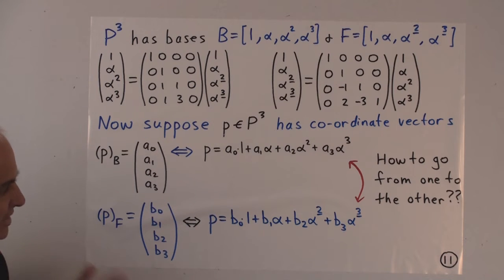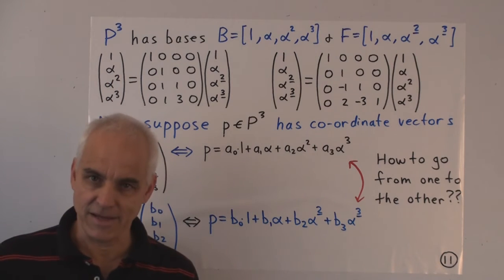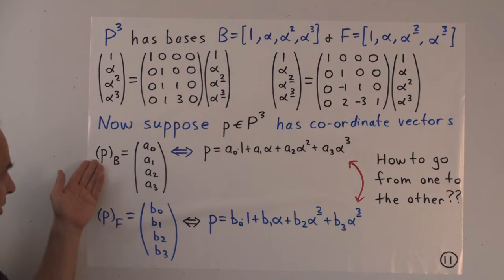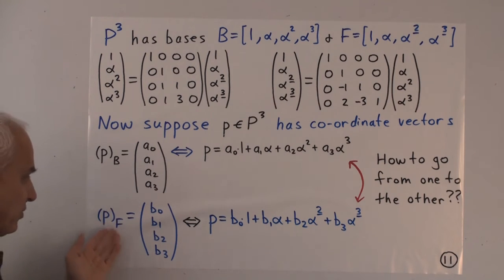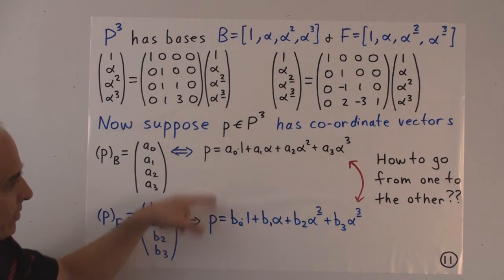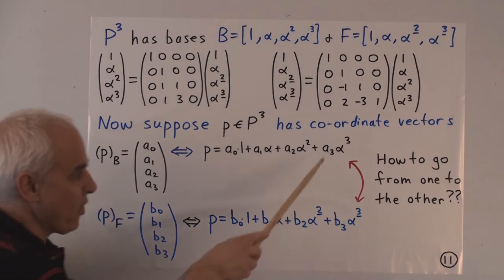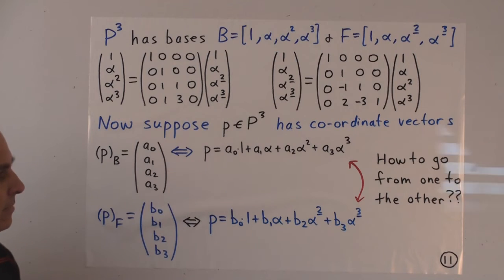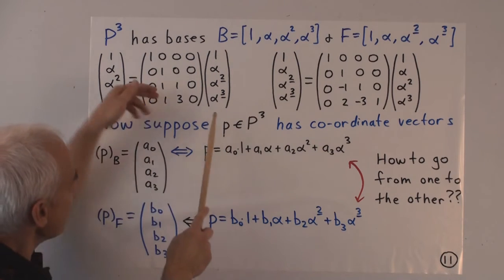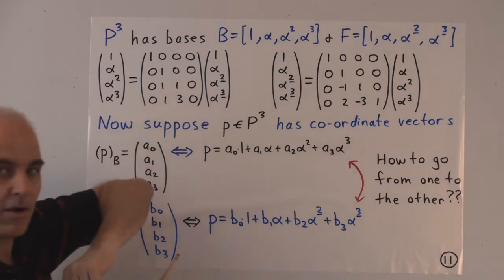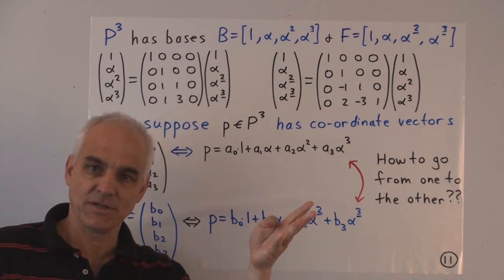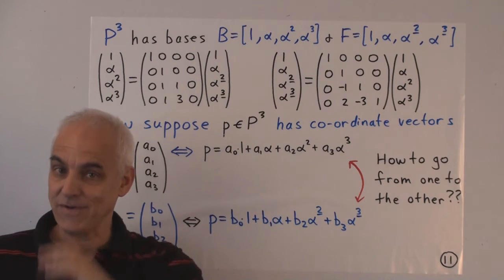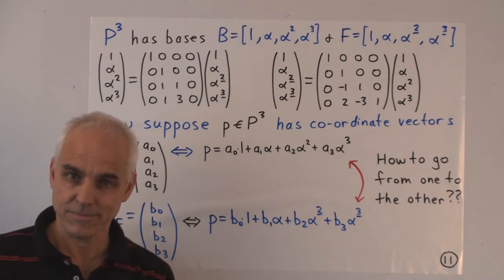So this is now a very standard problem in linear algebra, where you have 2 different ways of looking at things, and you have a coordinate vector for some object with respect to one basis, and a coordinate vector with respect to another basis, and we want to know, what is the relationship between these two? How do we go from one of these to the other? Well, obviously it should be connected with the matrices that are involved here, because these matrices are telling us how to go from the basis vectors in one system to the basis vectors in the other system.